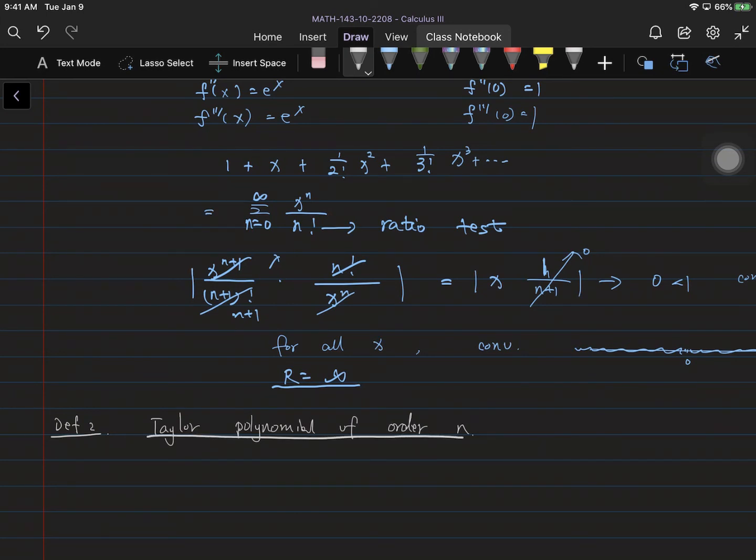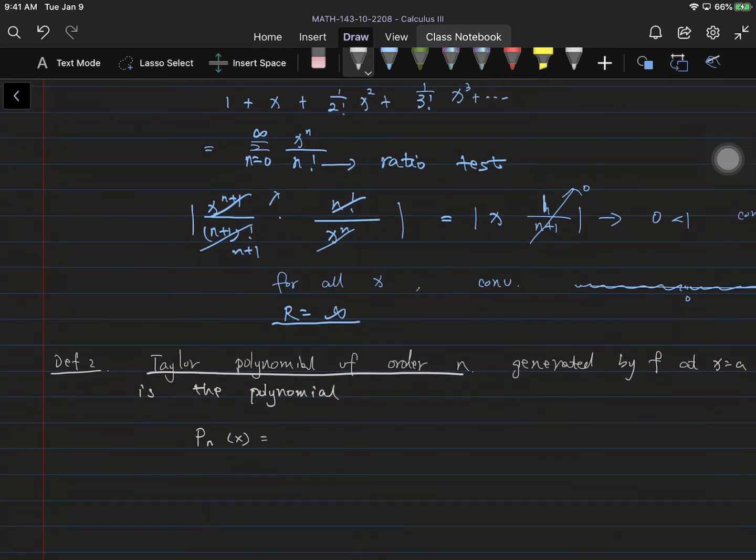A polynomial of order n means it's going to be a polynomial, finite terms, by f at a, a polynomial like this. Here we use p as polynomial, and of order n, we write down n there, and this means the Taylor polynomial of order n. So the first n terms are the same as the Taylor series: